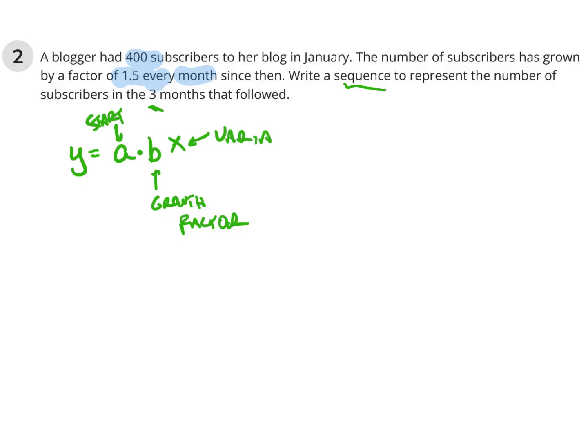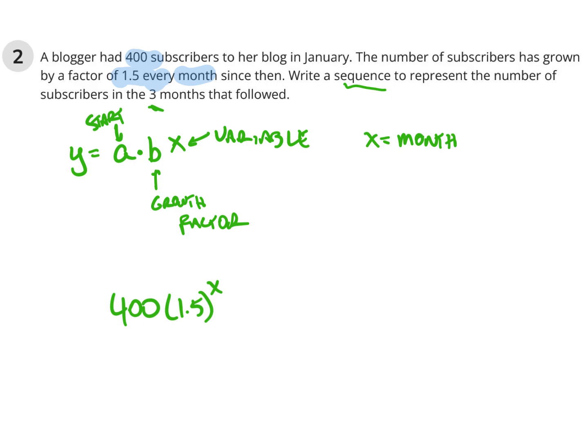Now, you must understand what your variable stands for. So we have to dig deeper into the equation like you did in Algebra 1 with functions. So we had 400. So 400 is our start. Our growth factor is 1.5. And x in this situation means month. Okay? All right, so now, when we put this into the calculator,